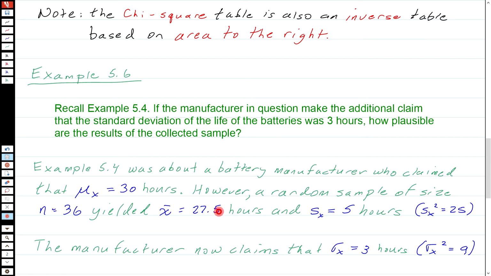A random sample of size n equals 36 yielded an x bar of 27.5 hours, and we saw in the previous example that corresponded to 3 standard deviations away from the claim, in fact below the claim, and that was more than they are happy with. So they would have to go back and check to see what's going on with their batteries and why that sample mean is so low if the true mean is actually 30. The other claim was that the